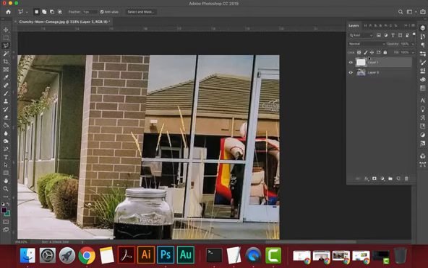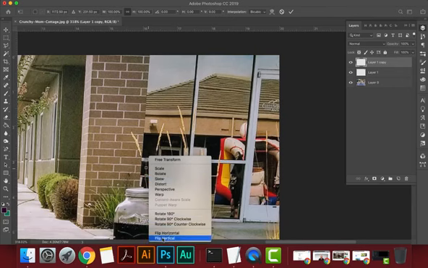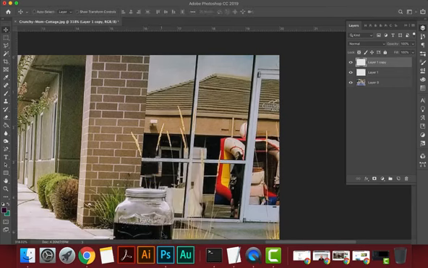So now I've copied that layer. You can see here, it's right here. I can click and I can drag it over, and I can put that right there. And then I can even copy it again, Command J, and make a duplicate of it, and do that same thing here. If I want to, I could flip it horizontally. We're going to move that like right there. I can move it down a little bit more. There we go. I want it to look realistic, so I'm going to